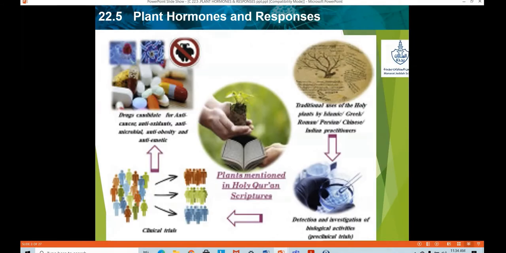So the verse from the Quran related to this topic is about the various plants which are mentioned in the Quran as medicines, as also the treatment for various diseases is mentioned in the Quran. And we have the things like cinnamon and